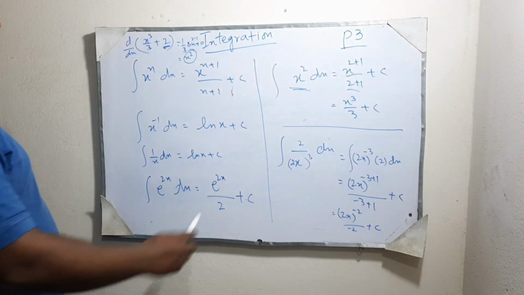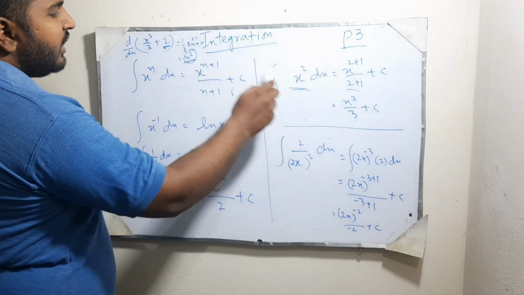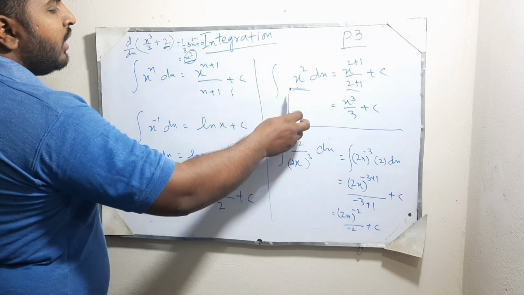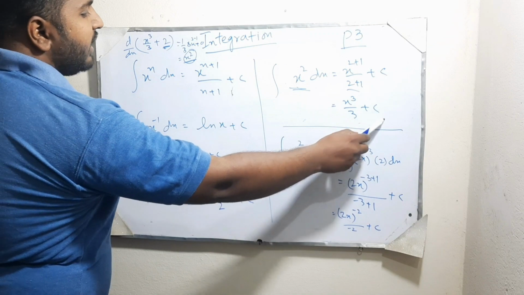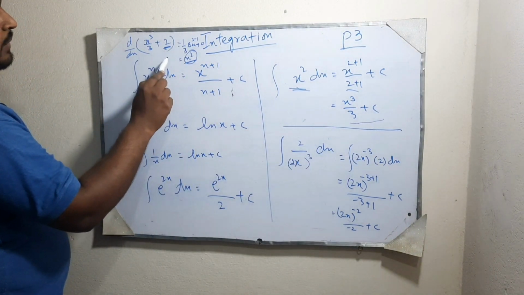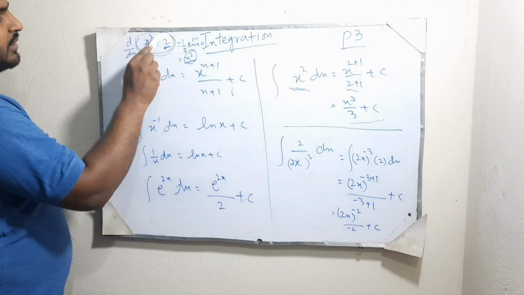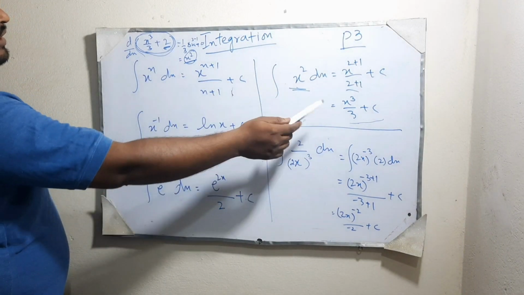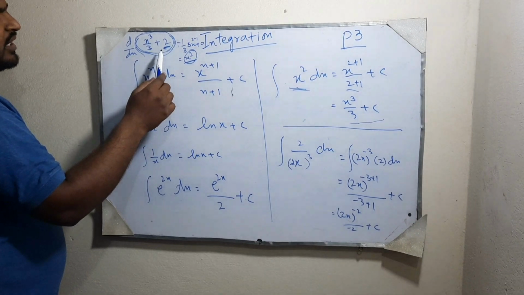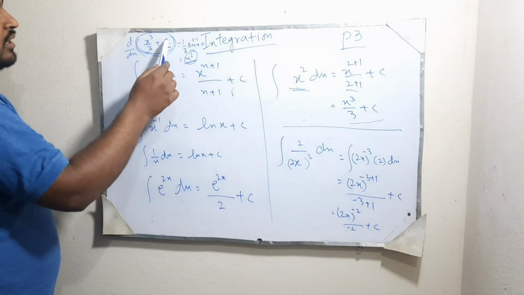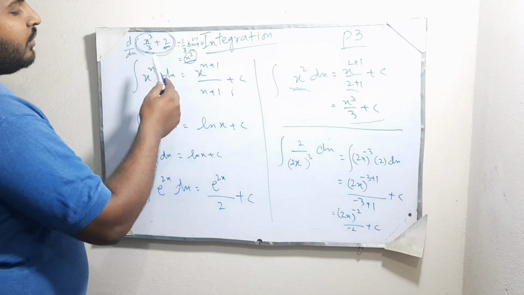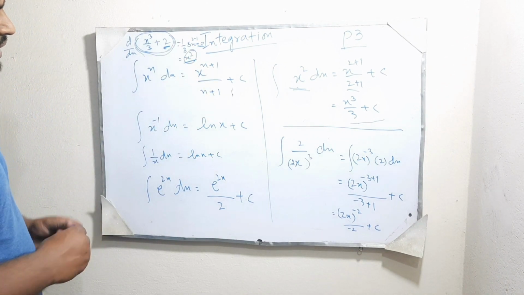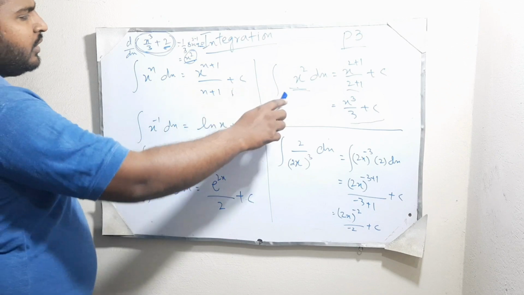As we can see, we have taken the integration of this function x square, and it turned out to be x power 3 over 3 plus c. We have taken the constant of integration. We can take any constant here like 2, 3, 4, and its derivative would turn out to be 0. Now this is the power rule of integration.